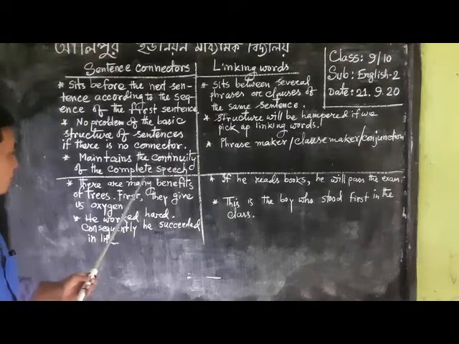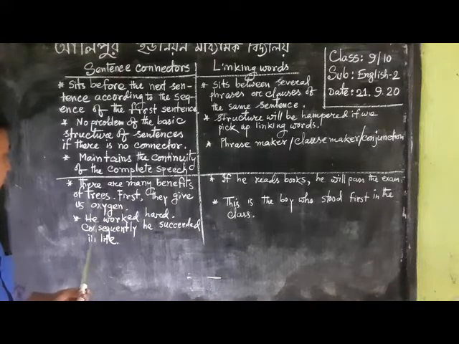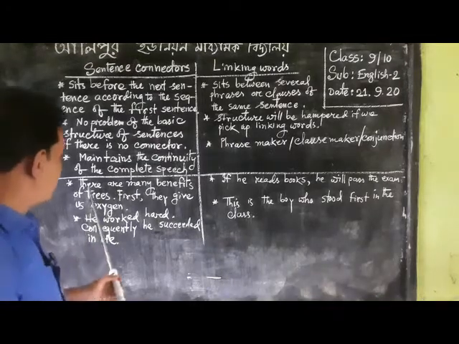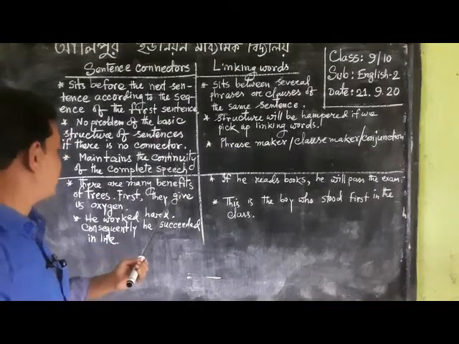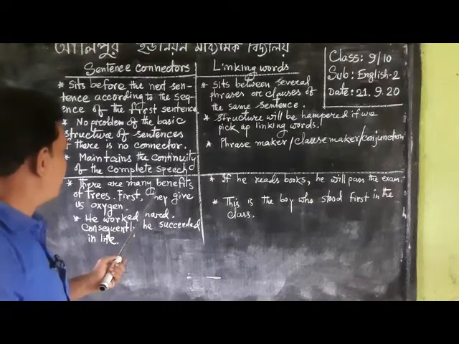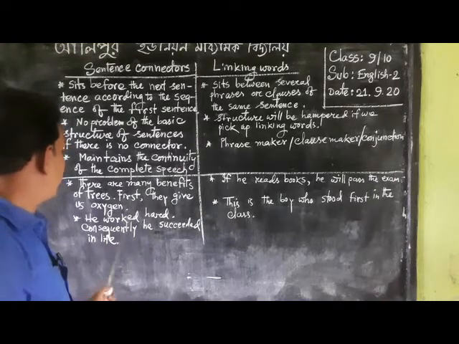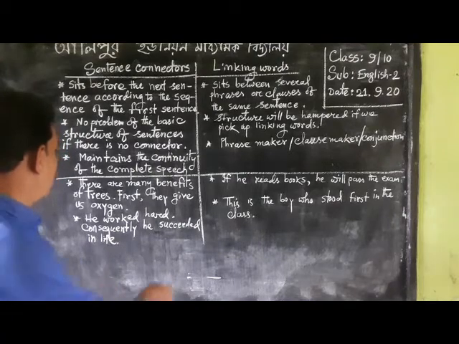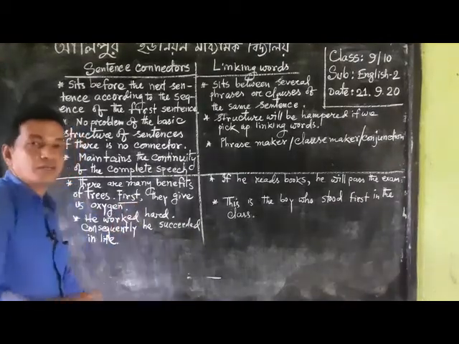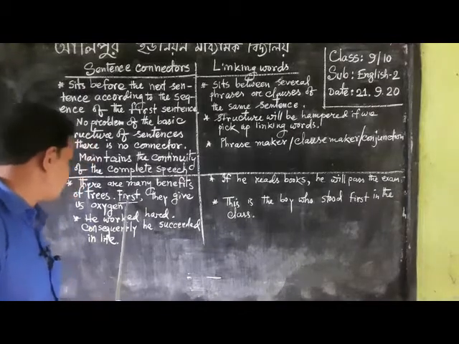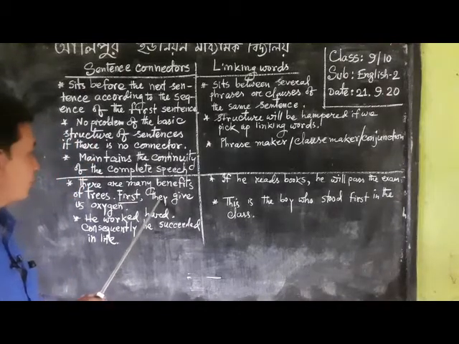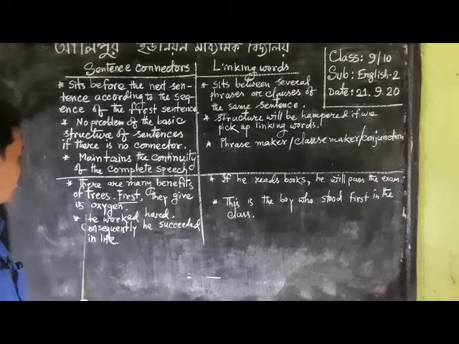There are many benefits of the trees. First, they give us oxygen. Dear students, look at the sentence. There are two sentences in this context. One, there are many benefits of trees, and the last one, first they give us oxygen. Here, first is a sentence connector because this connector connects the last sentence with the first one. Okay? And next, the sentence: he worked hard, consequently,